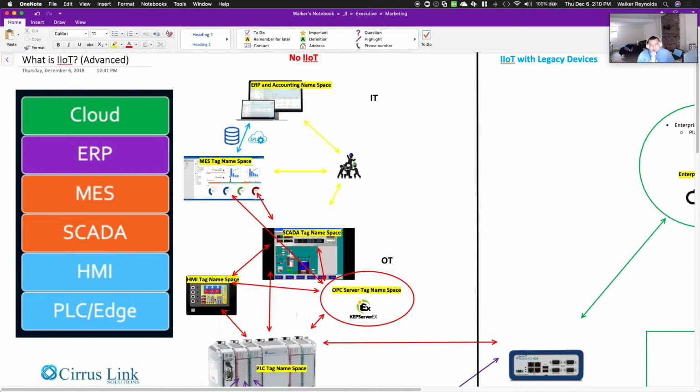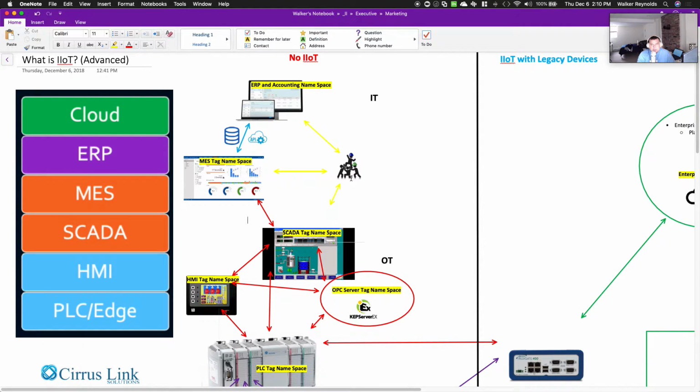The MES system, if it is connected, that is, if it's connected to the OT, that's your operational technology. If MES is connected, it is likely connected to the SCADA system over OPC UA. It may be connected to the OPC server over OPC UA, but that is very rare. So I'm going to go ahead and delete that one. Most of the time, the MES system is getting its information from the SCADA system, if it is getting information automatically. But more times than not, the MES system is getting information from the floor through